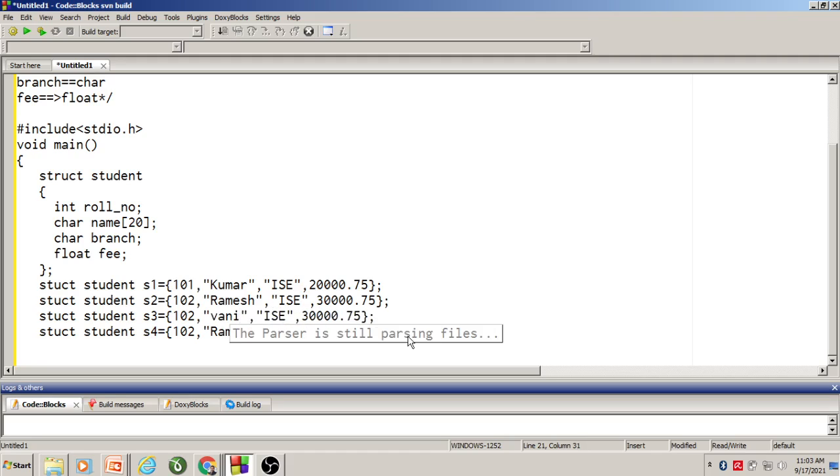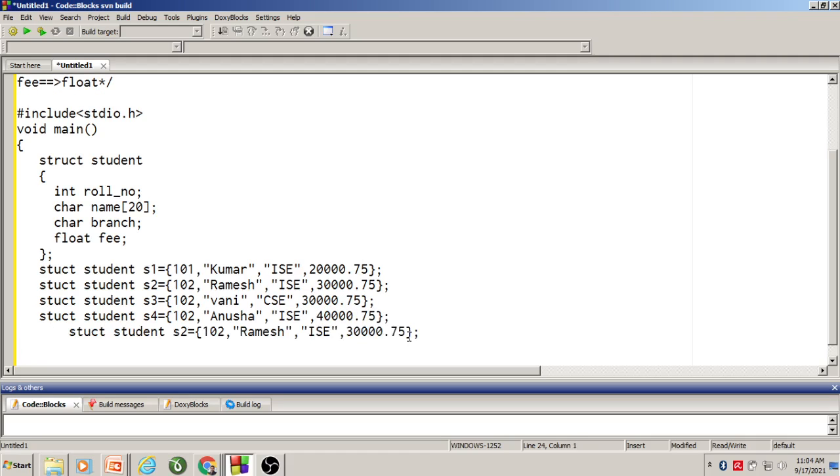Let us take the department as CSC, 30,000 fees they have paid. ISC department, say 40,000. The last student, I take the structure variable name as S5.